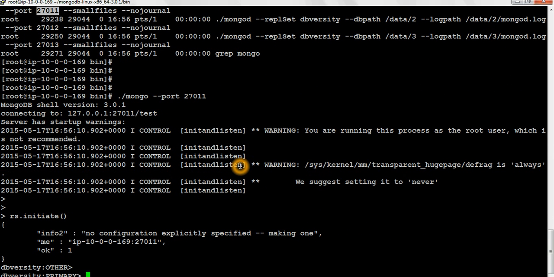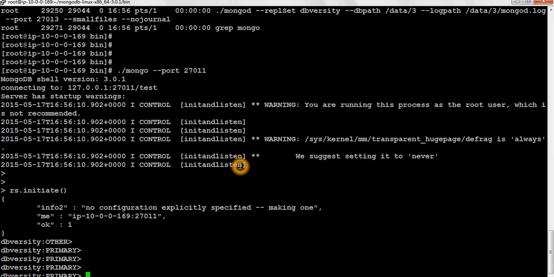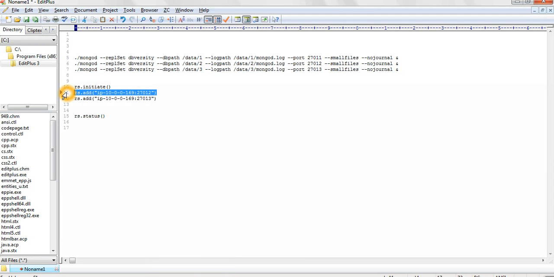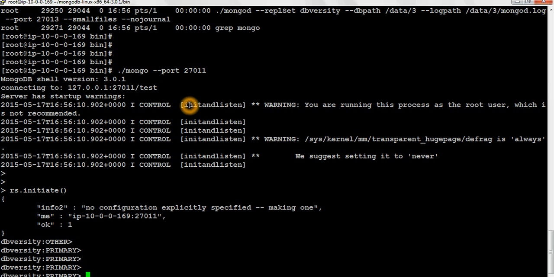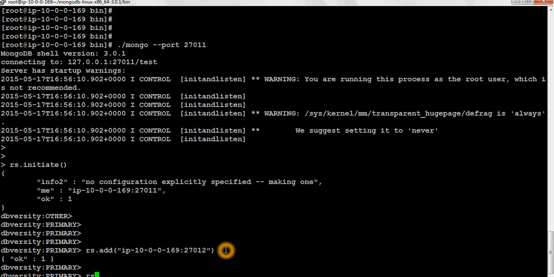So that will make your instance a primary, so you can see it. Then add the other 2 members to this node, so that 27012 will become a secondary. Okay. So now if you do rs.status,